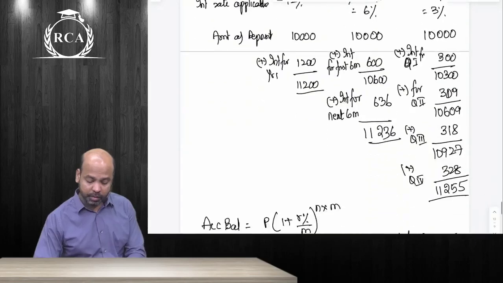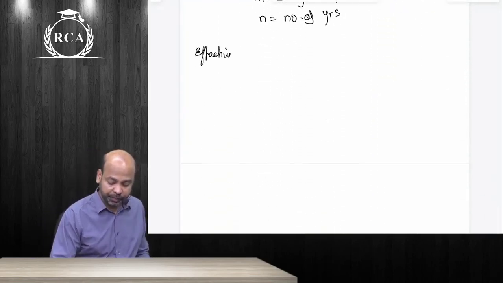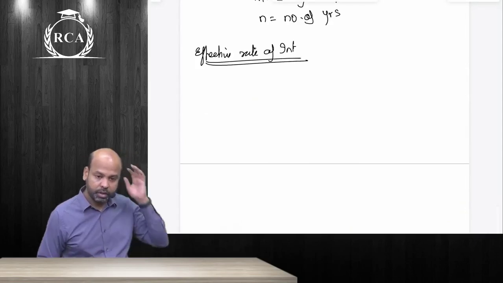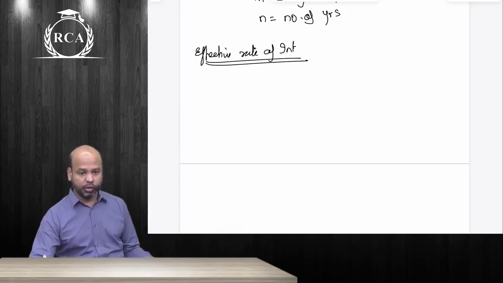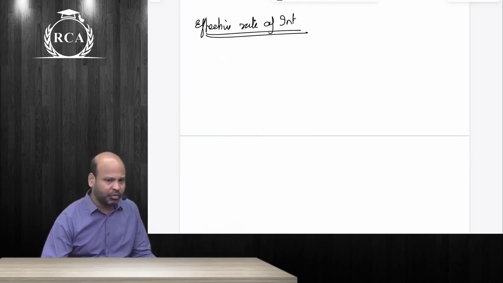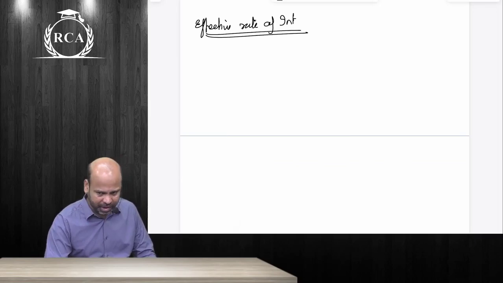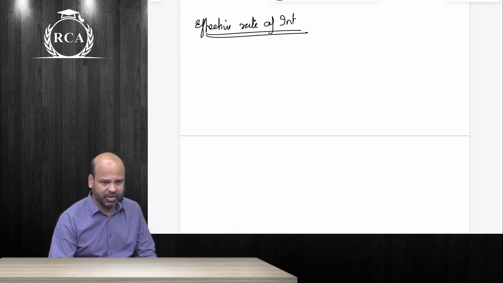Now, talking about effective rate of interest, guys. Are we all clear how to compute accumulated balance? Effective rate of interest. Imagine, beta, that you're issuing a debenture and you would want to offer a yield of 12% to your debenture holders. How did they arrive at that yield of 12%? Based on, say, prevailing interest rates. You're issuing a debenture with a maturity period of, say, 5 years. You would want to offer an effective yield of 12% to your debenture holders.